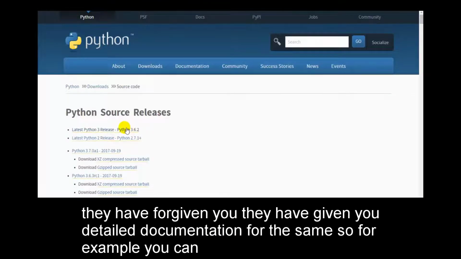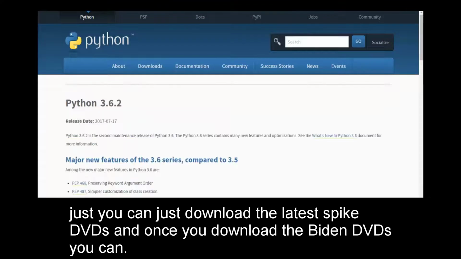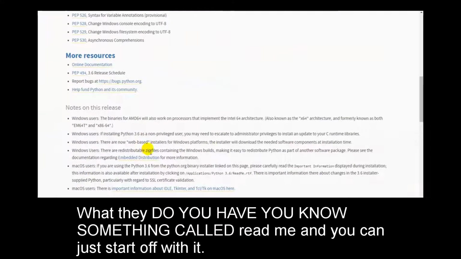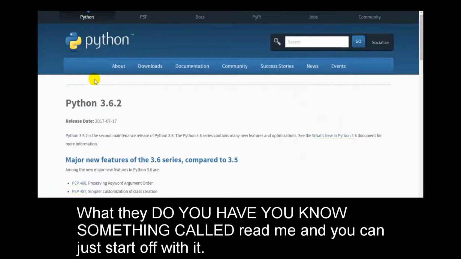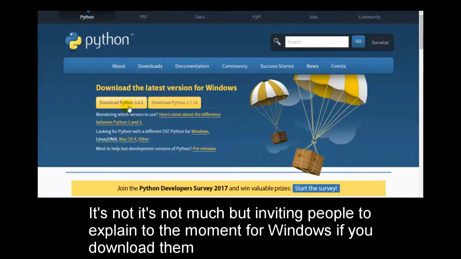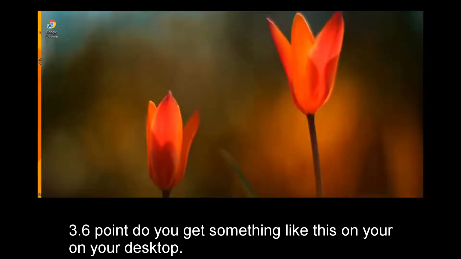Say, for example, you can download the latest Python 3 release, and once you download it, there is something called a readme, and you can start off with it. It's not much of a deal. For Windows, if you download Python 3.6.2, you get something like this on your desktop,